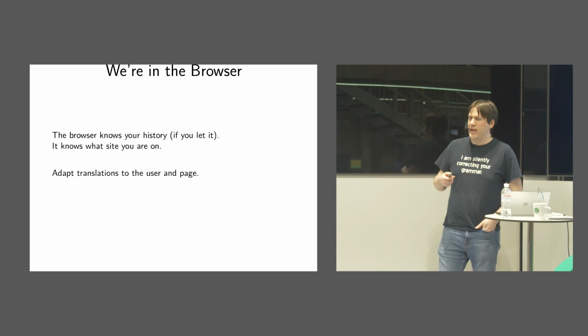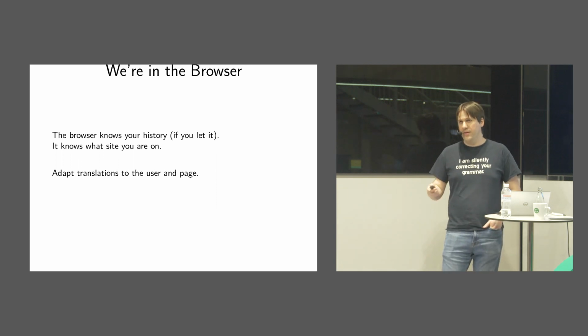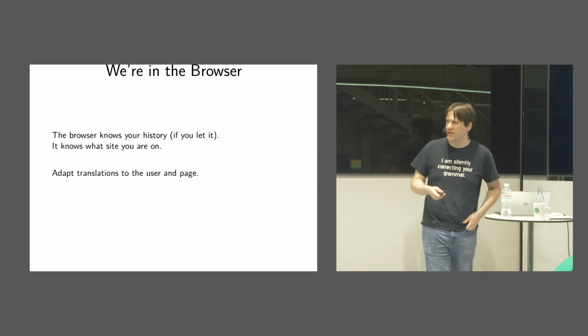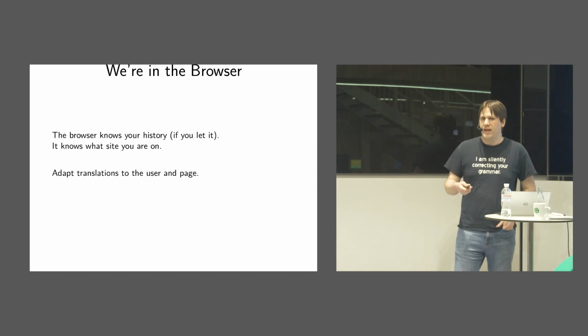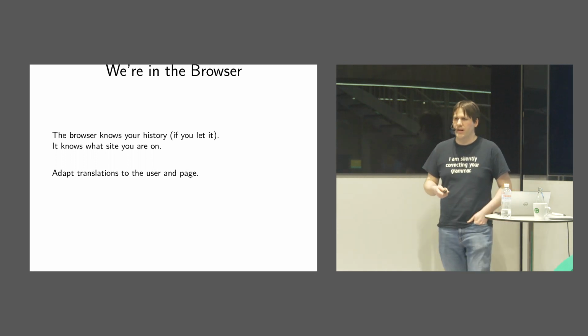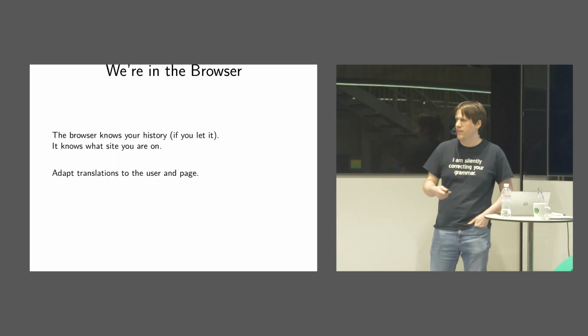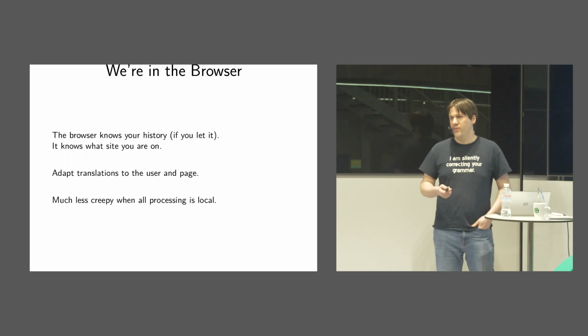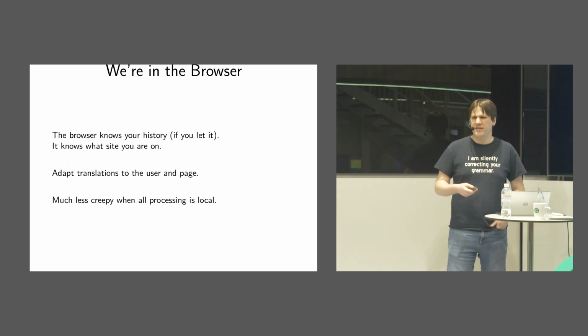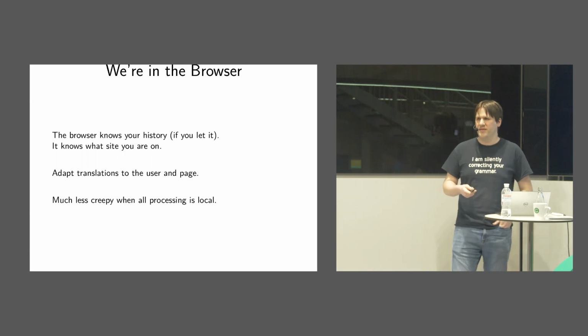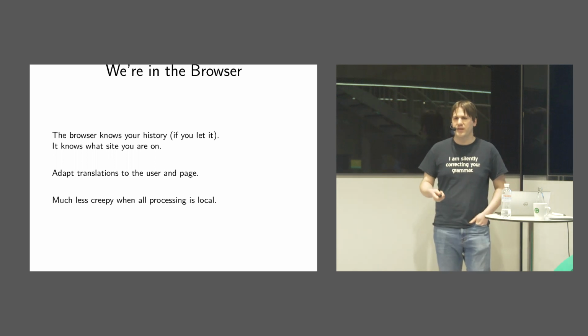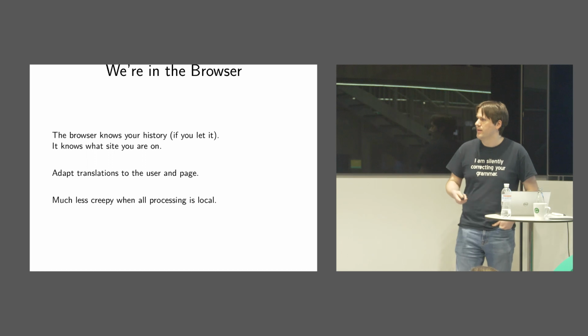And actually, we can do this better because we're in the browser and have history, and in theory, at least, Google should not have access to your browser history. And so we want to adapt the translations to both the user and the page that they're specifically on, and that actually ties into some of the web crawling stuff. We might know in advance that if you're on that web domain, it tends to be this sort of genre. Yeah, hopefully less creepy when all processing is local. This is more of a product decision, honestly, about whether this gets integrated or not. But at least we could do domain adaptation on the page that you're seeing. I think that's within a user's expectations.